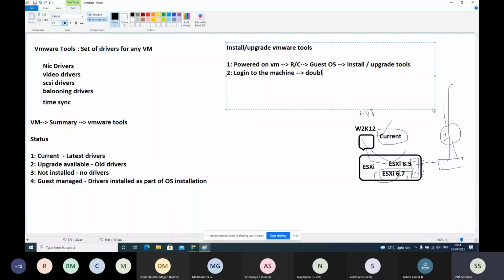Double click on CD/DVD. Click on next, install, finish. Restart. First step is restart.